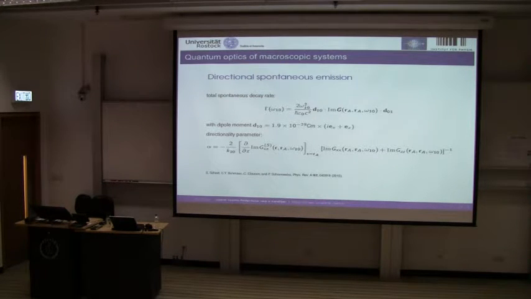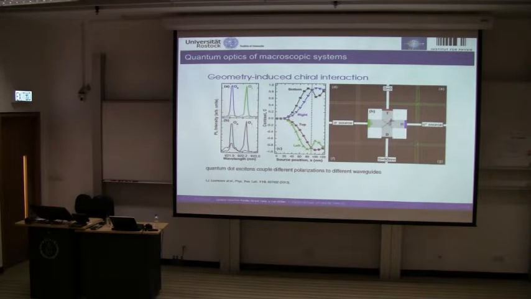And of course, the next question you might ask is, if it emits a photon preferentially in one particular direction, there's a recoil associated with it, that gives you a force, doesn't it? Right? But that's of course not the first system in which these directionalities have been found or proposed. In fact, I believe the first instance of a geometry-induced chiral interaction, as it's called, was found experimentally in this letter from 2013 from the group around Maurice Skolnick and Mark Fox at the University of Sheffield, where they placed quantum dots